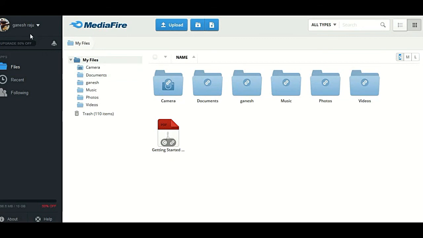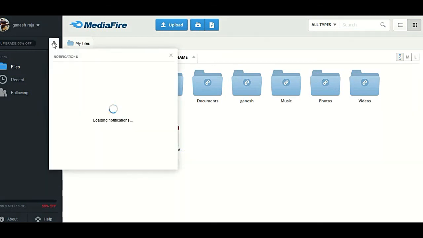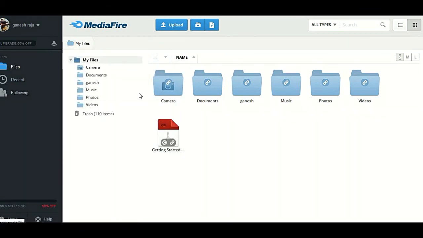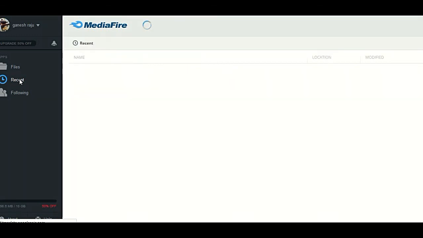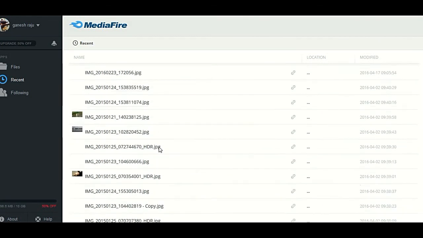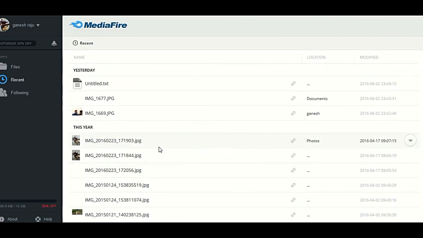Now coming to this part, there is an upgrade offer of 50% off. So you can upgrade to the pro version or business versions. You can refine the notifications. Currently you don't have any notifications, and this is a file folder and recent actions. When you perform recent actions on a folder, it will automatically be displayed at the top position.